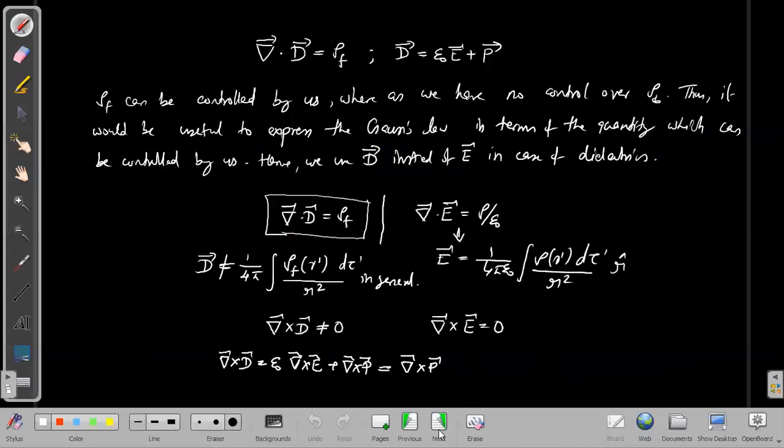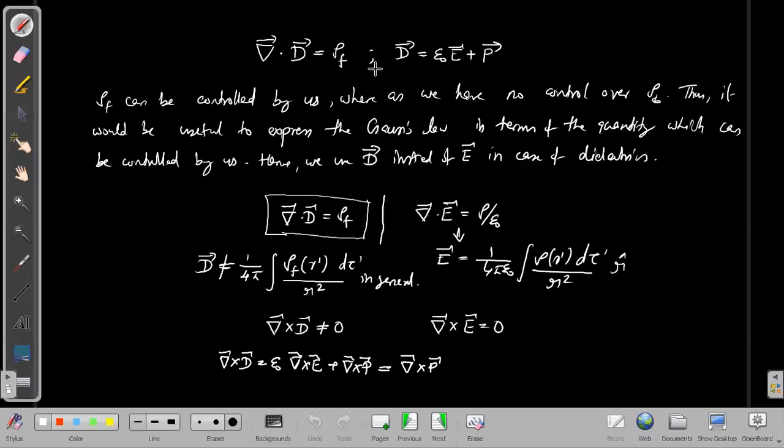Okay. Now since del dot D equal to rho f, where D equals epsilon 0 E plus P, there is no Coulomb's law for electric displacement. So the electric displacement and the electric field are not parallel. They are not actually one and the same, so they are entirely different quantities. I cannot use the analogy of the electric field for the case of electric displacement.